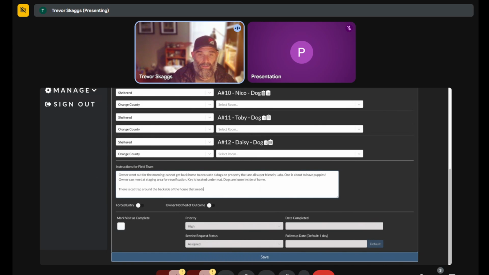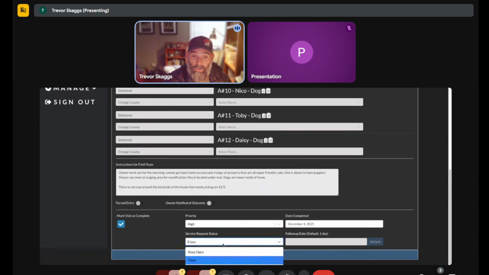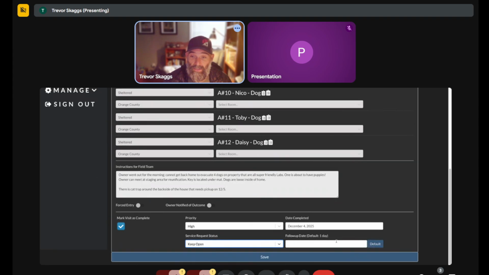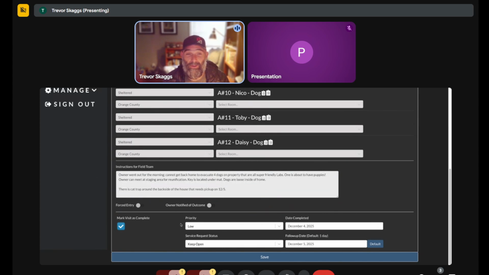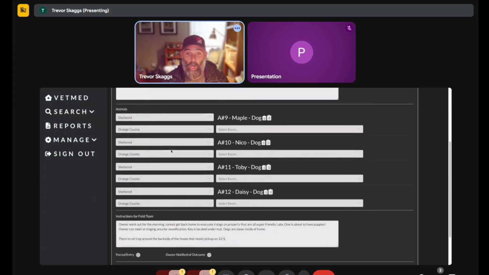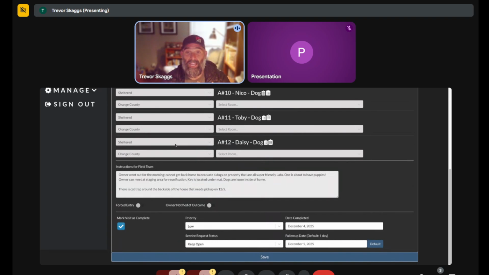that needs pickup on, today is the 4th, so we'll say that's getting picked up tomorrow. Now we can mark this as complete. It's still trying to close it, but we're going to tell it to stay open. And we're going to go with a default follow-up date of tomorrow. Now, in this instance, this is no longer high priority. It's going to be low, but this will allow us to keep this service request open but also take the animals and shelter them. So as I click save here,